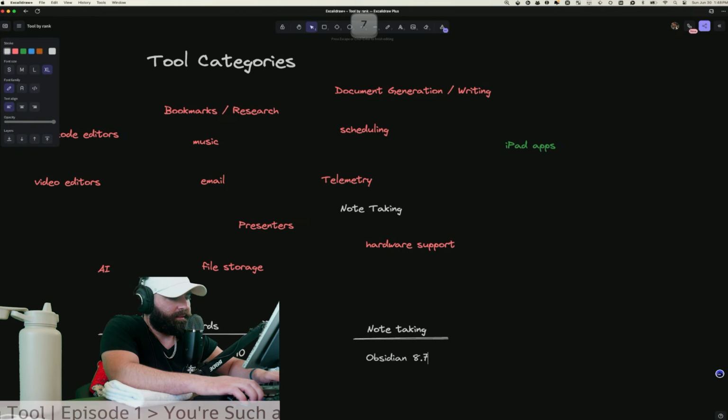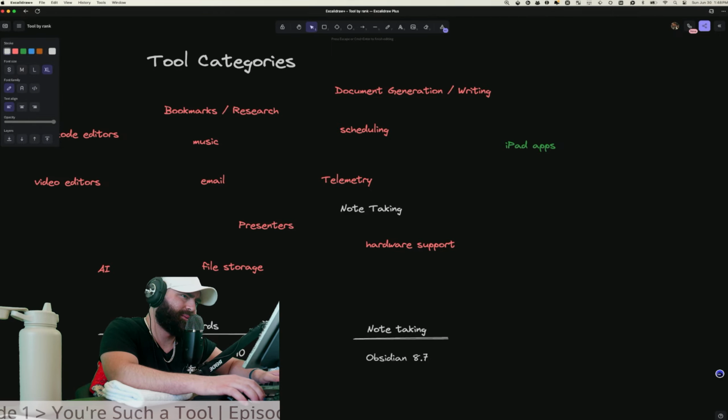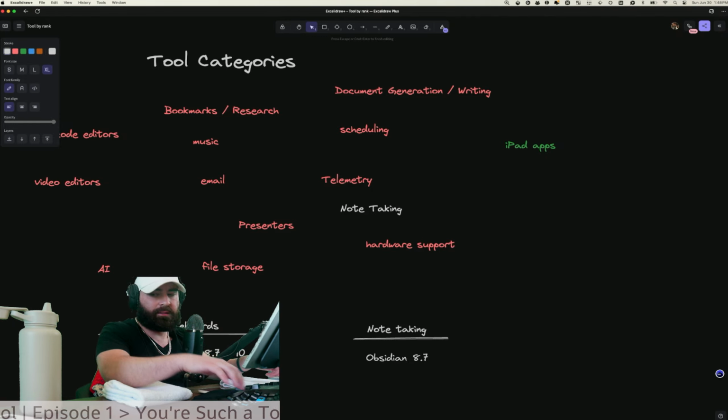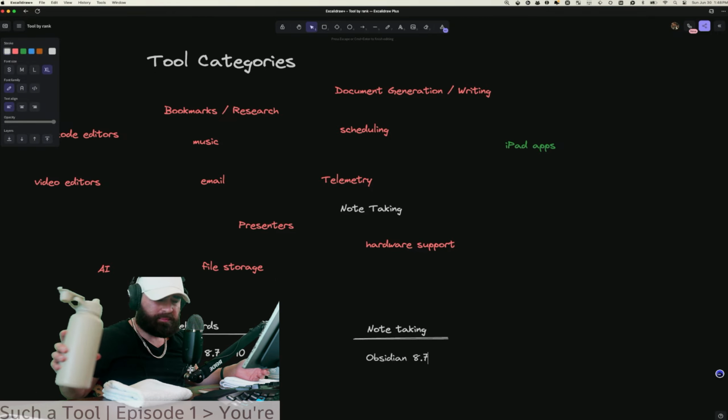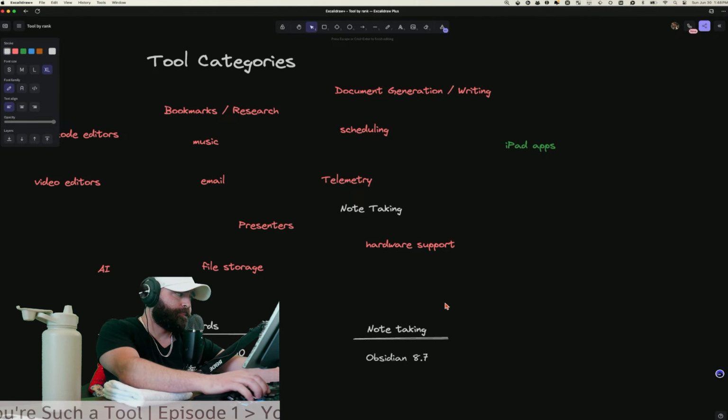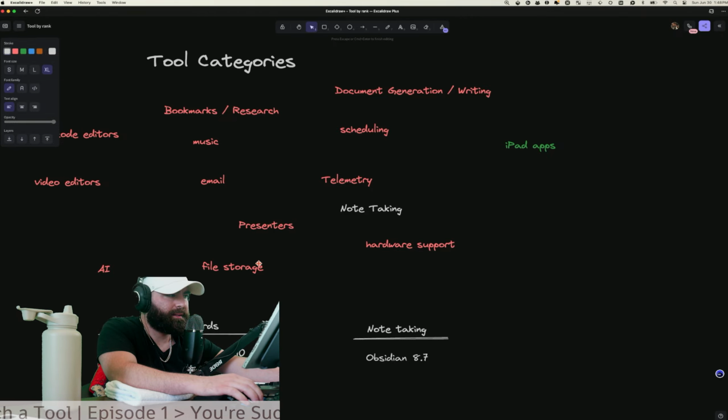I've had the same relationship with it as I've had with Excalidraw. There's certain things that are annoyances, but you can't deny how good it is at what it does. And the value offering is pretty insane comparatively, because a lot of apps want you to pay for that kind of cross-platform functionality. So I'm going to say 8.7 out of 10.